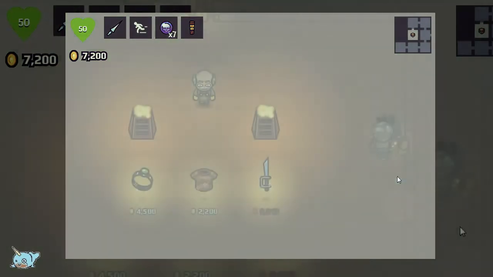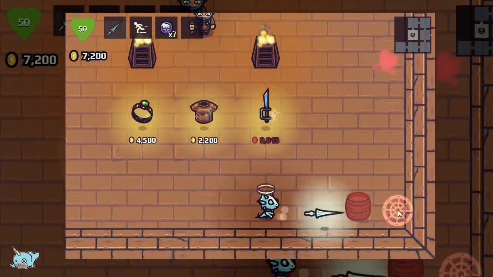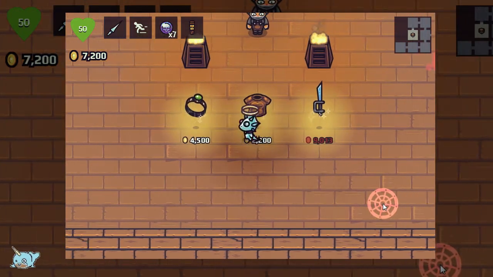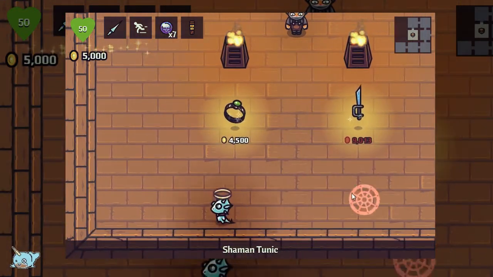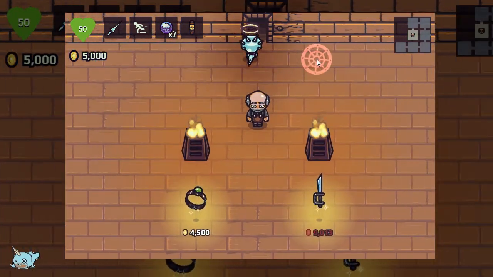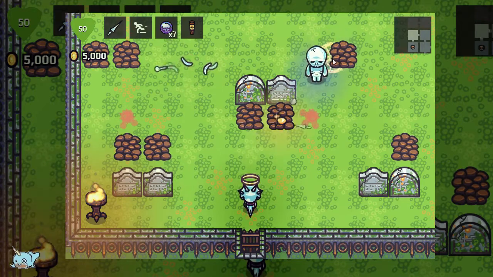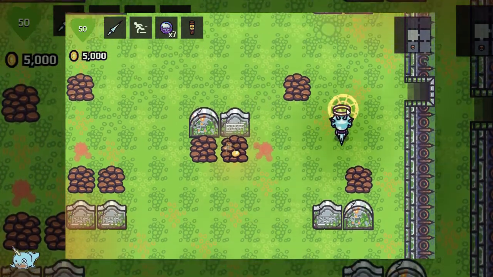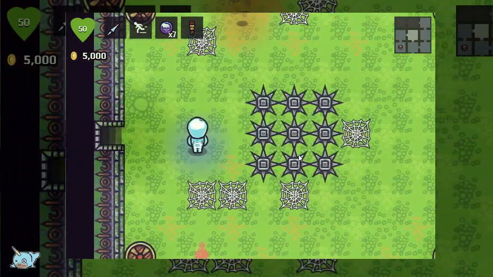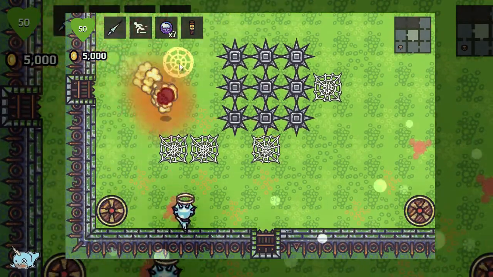Oh my god, you zombie piece of shit. Scared the crap out of me. So we're just gonna go ahead and buy this. Shaman tunic. And why not? Oh, we have that. I'm really glad it doesn't let you buy multiples if you have something. Let's at least make it to the sewers tonight. Even if I'm not alive, I'd rather be there than...